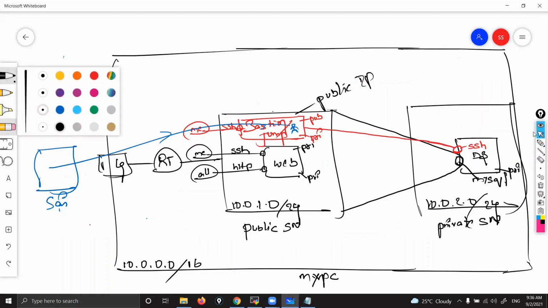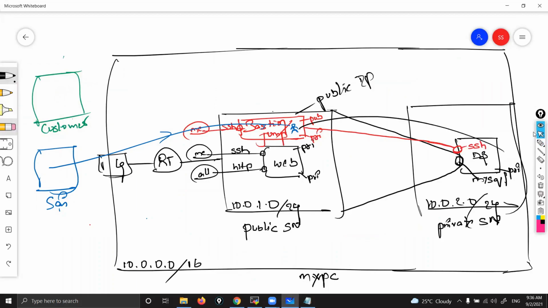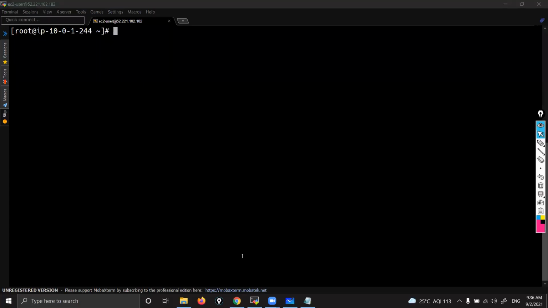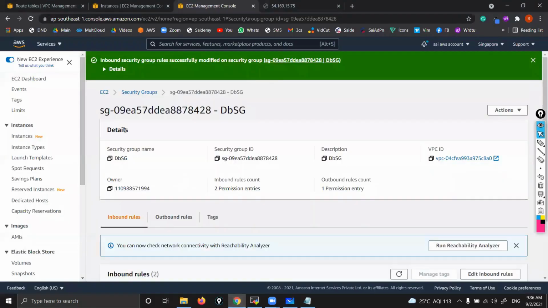From here, I can jump into my database server. Change the color to blue. From here, Sai can jump into my database server through this port. Okay, happily we can jump through the SSH port. Okay, so how to jump? Simple. For that, one small trick is there. If you want to go inside the database server,